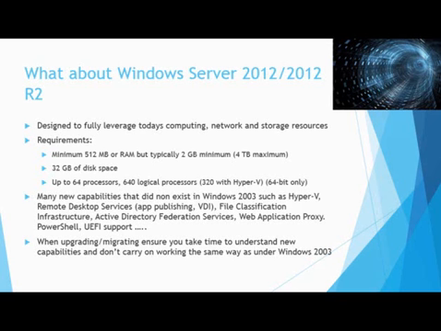If I look at requirements, the minimum today is 512 megs of RAM, and realistically, I don't really think anything would run on that. Really, we think about 2 gigabytes as a real minimum that's useful. And I can go up to 4 terabytes of memory. So massive amounts of memory can be leveraged by the new operating system. It wants 32 gigs of disk space, and it can support up to 64 physical processors, up to 604 logical